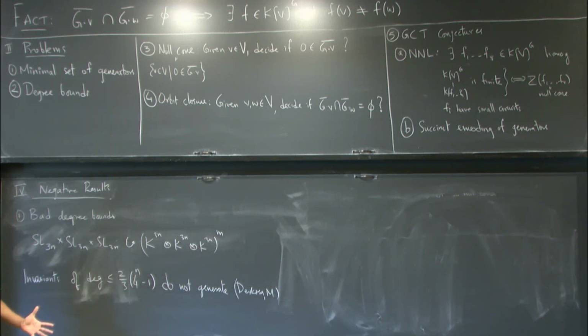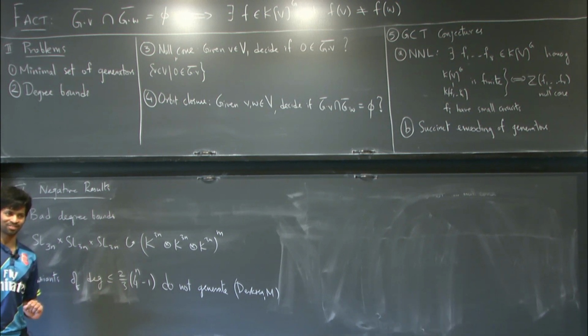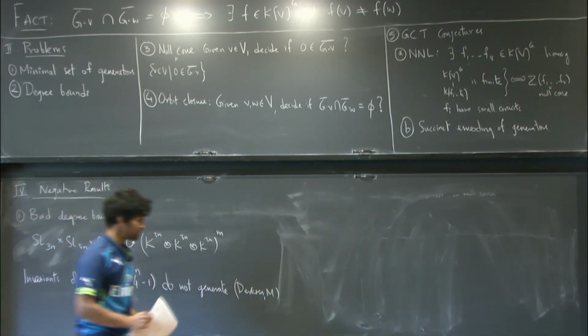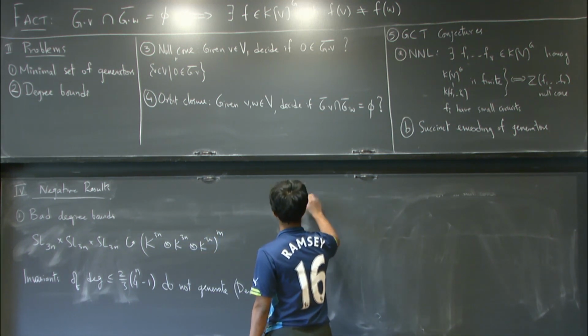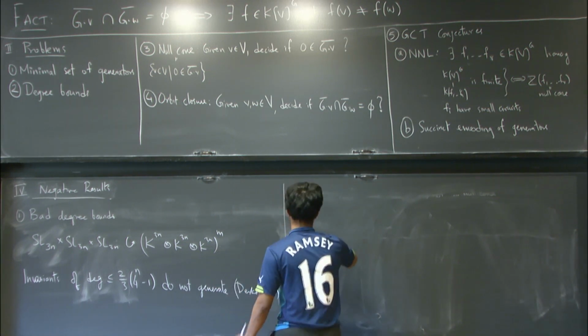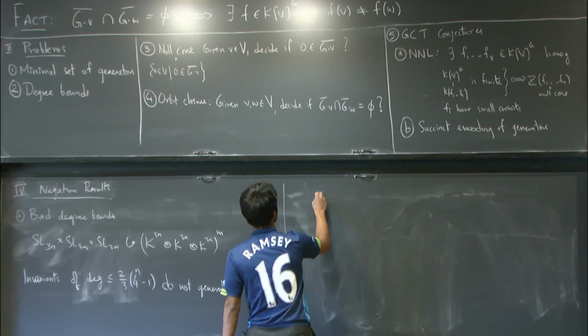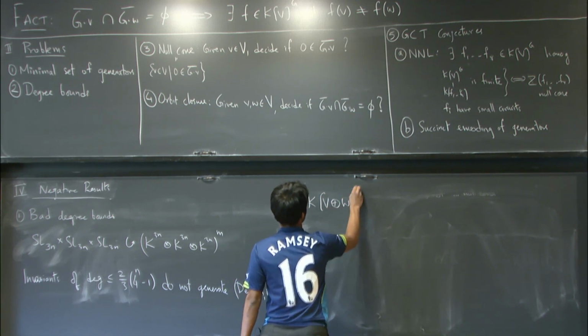Now, how do you prove such a result? How do you prove invariants of a certain degree just don't suffice? And this number is not even small, even if you put in n equal to 2 or 3. It's already pretty large. So here's the idea. I won't put it precisely here, but I will just give you a flavor of the idea. You can have a surjection of invariant rings